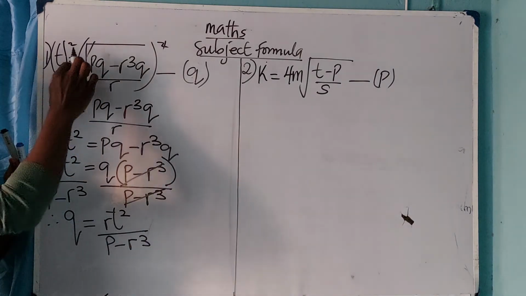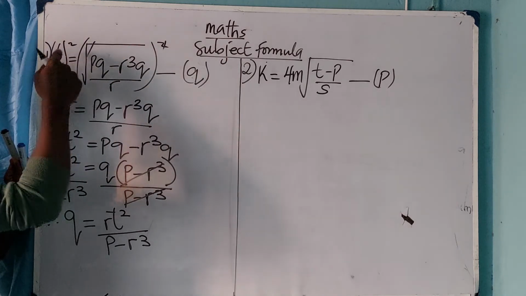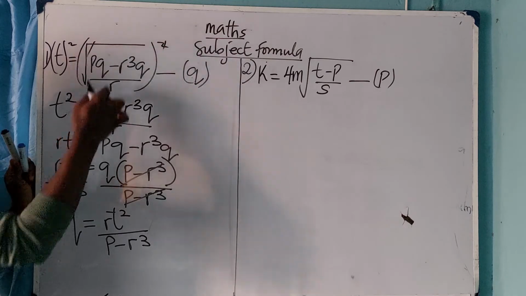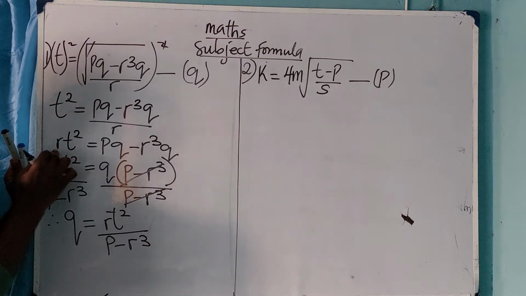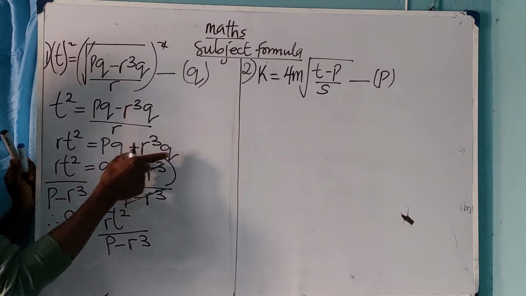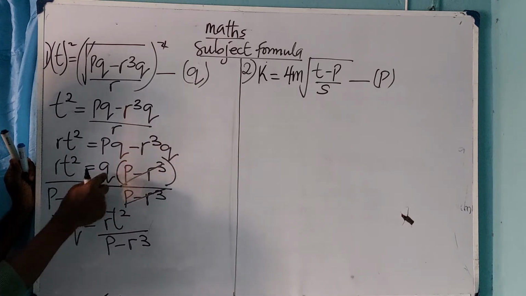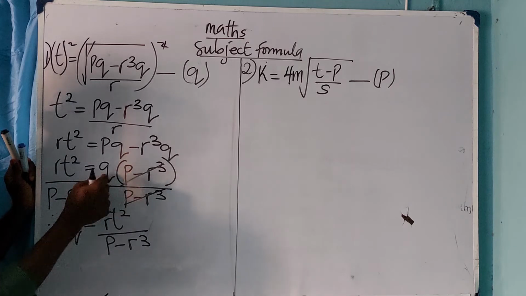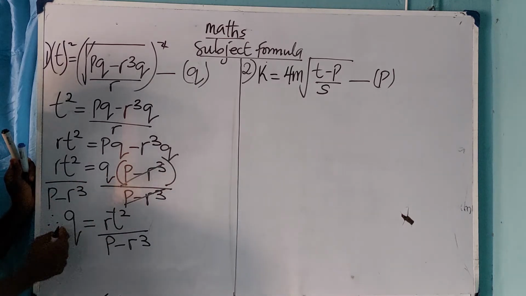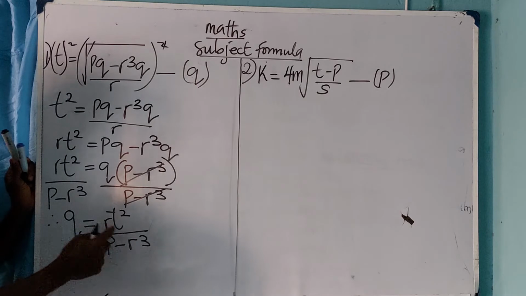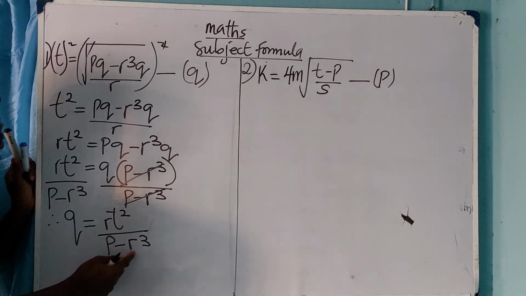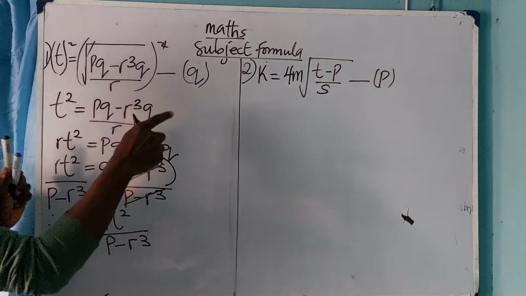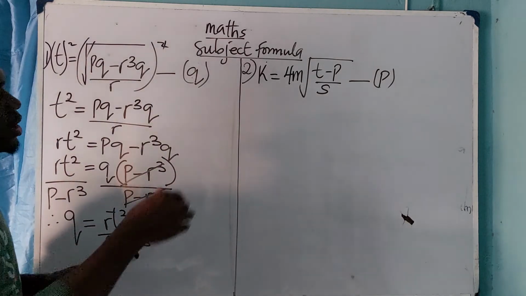Alright, since you have a big root, you square both sides. In doing so, it becomes t squared equals, then this will cancel this, you have this, you cross multiply, you now have rt squared, then this q is common, so you factorize. In doing so, you bring out the q, then you divide both sides by what is attached to it, you now have that q is equals rt squared over what? P minus r cube. So that is for that. Then as for the second question, you have k equals